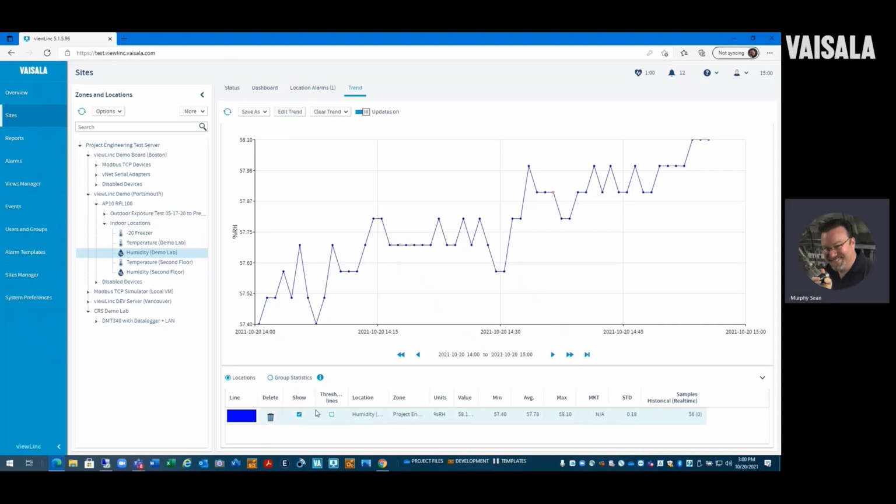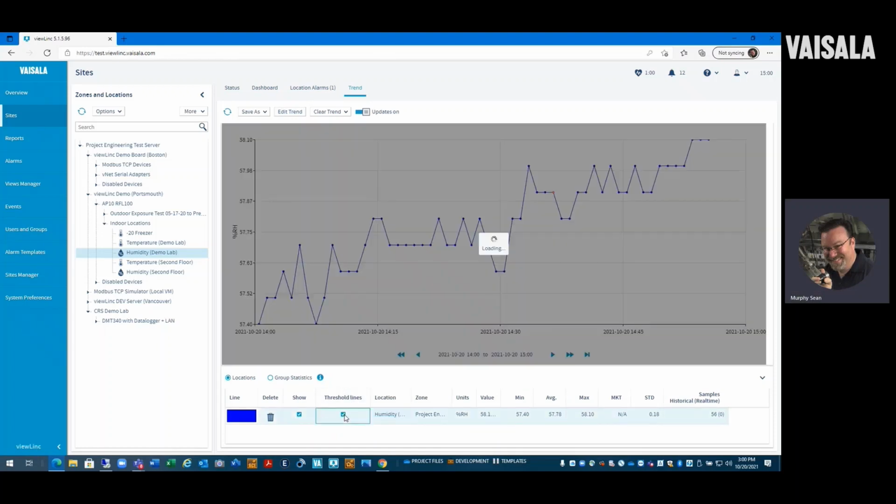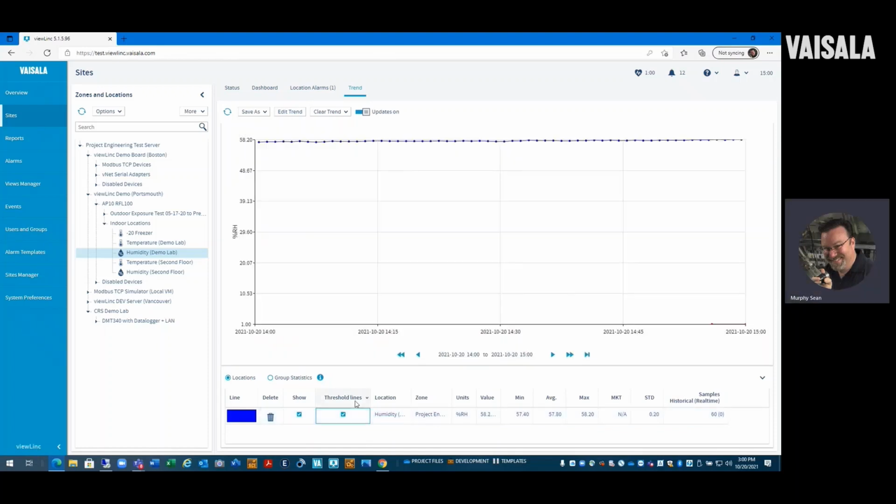So you see this button down here on the bottom. This says threshold lines. By default, it's off. But if I click it on, it'll show my threshold line. So it automatically resets the balance on here. You can play around with this to get the